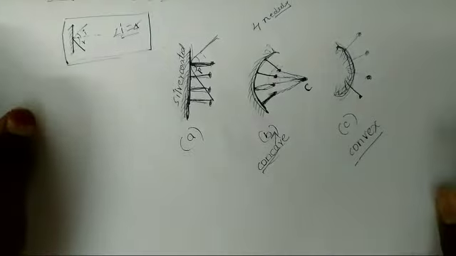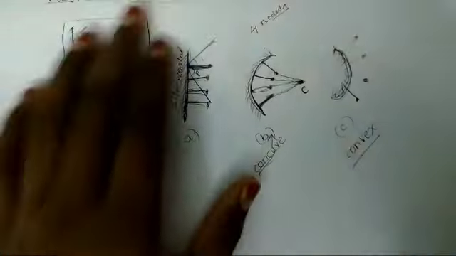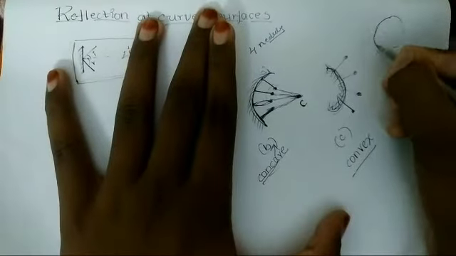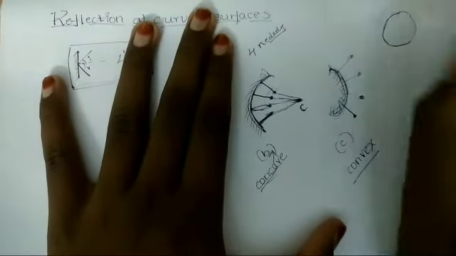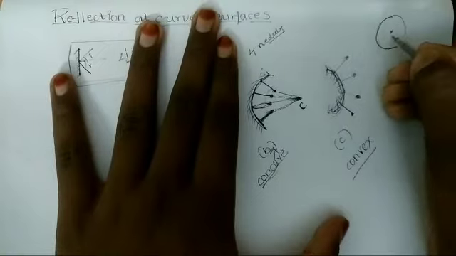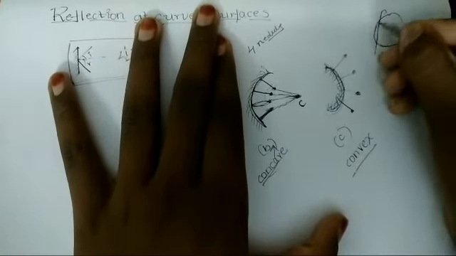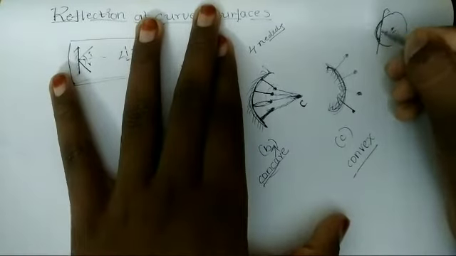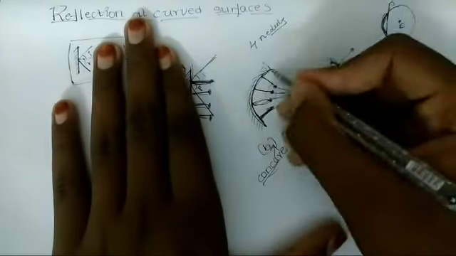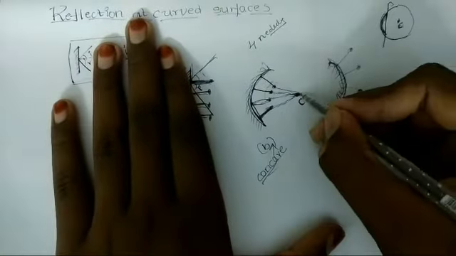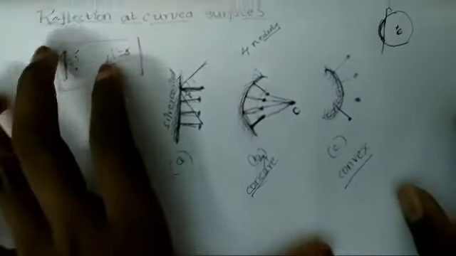You can ask me, what is this center? I will explain you. Here, take a circle. Okay, take a circle here. And this is the center of the circle. If we cut it here, you will get like this, yes or no? This is the part of the circle. Means this C is this C. I think you can get clarity.